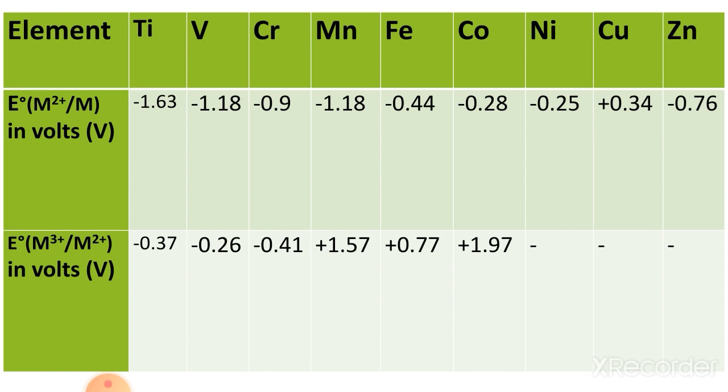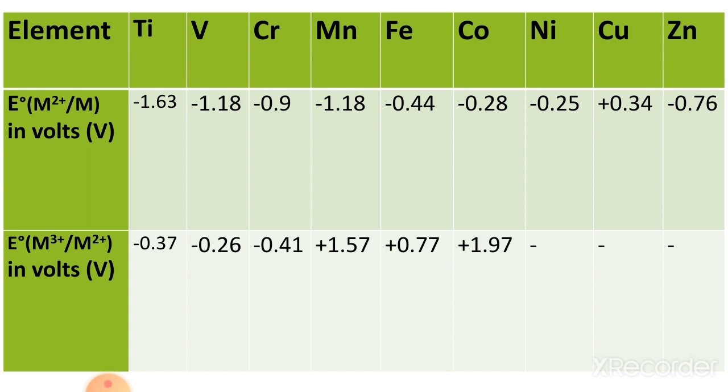Now students, note down some more points by looking at the table. The more negative E naught value than expected for Mn, nickel and zinc shows greater stability for Mn2 plus in d5, Ni2 plus in d8 and Zn2 plus in d10 condition. The exceptional E naught value of Ni2 plus is basically due to its high negative enthalpy of hydration. I also told you that the smaller the size of cations, the more will be the hydration. So that's why the E naught value of Ni2 plus is related to its high negative enthalpy of hydration.